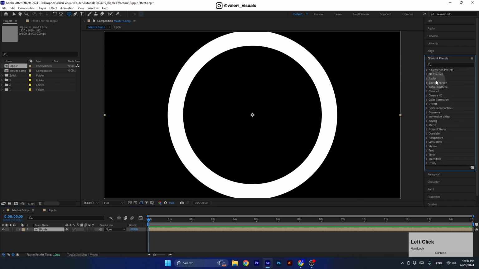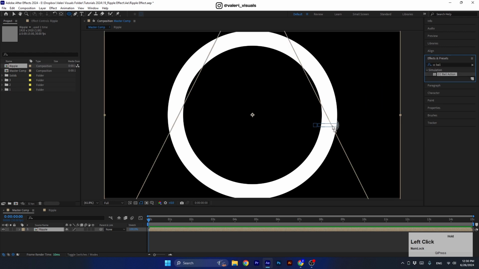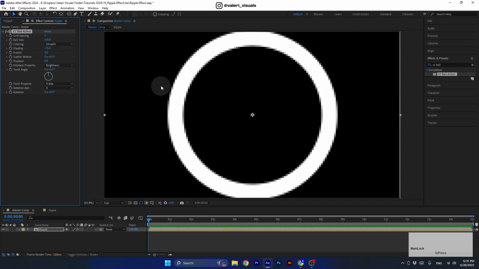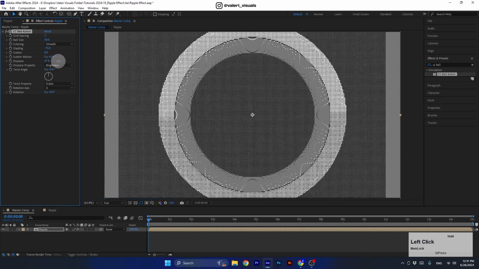So first let's find the CC ball action effect and apply it to our comp. Now let's change the coloring to smooth to get better results. Next, set the grid spacing to 2 and the ball size to 50 for now. And now when we change the displace property, we will see that the white and black areas get separated from